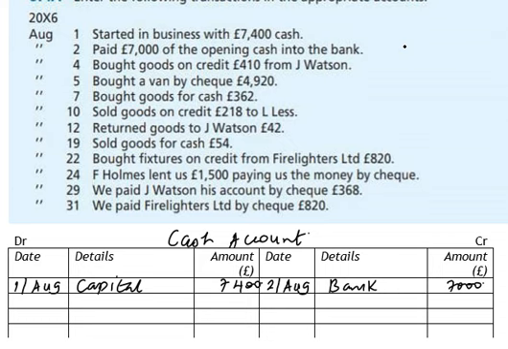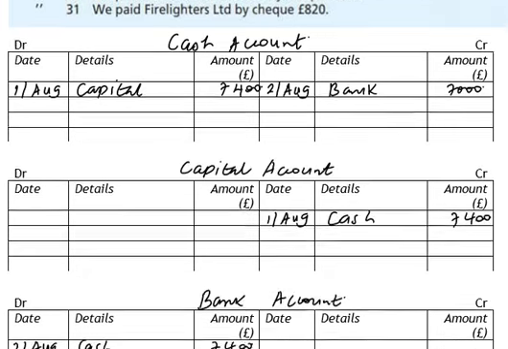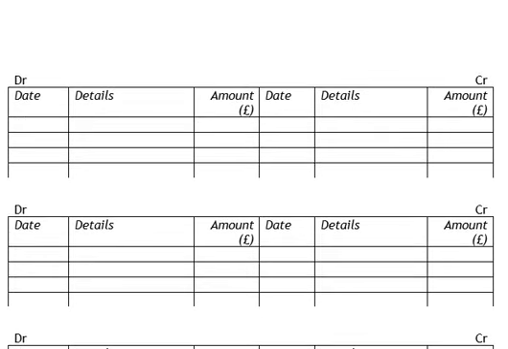So when you look at this transaction on 4th, we have the purchases account, but we also have the liability account. The liability account, that is J. Watson's account. It's a personal account, okay? So we debit the purchases account, and then we credit the liability account, that is J. Watson's account. So the purchases account,